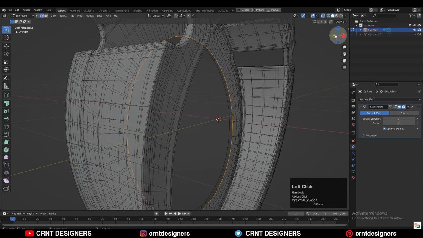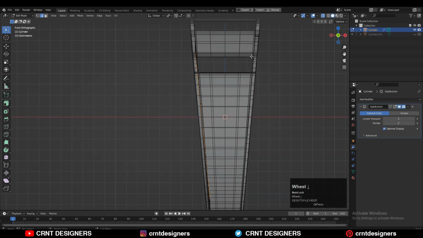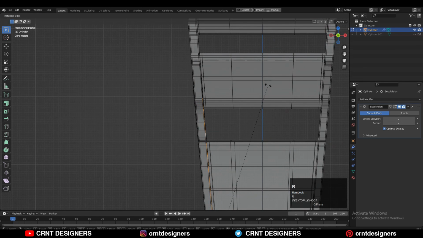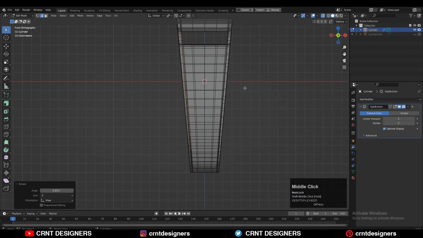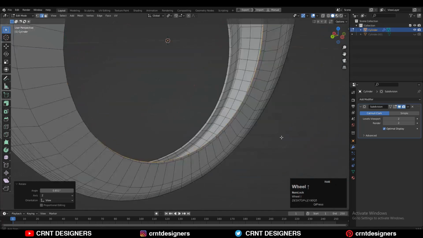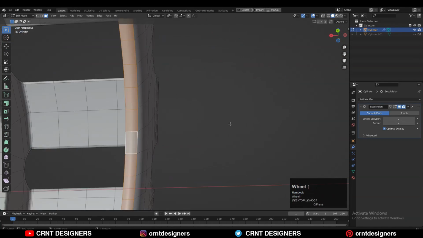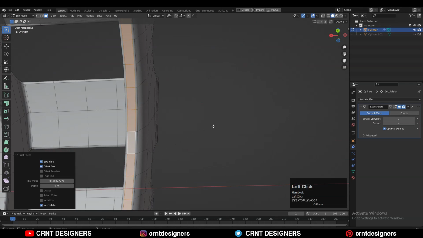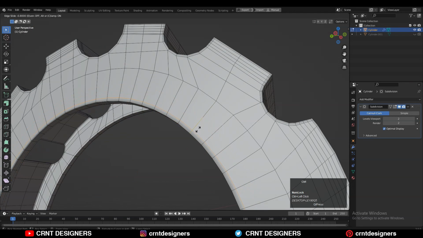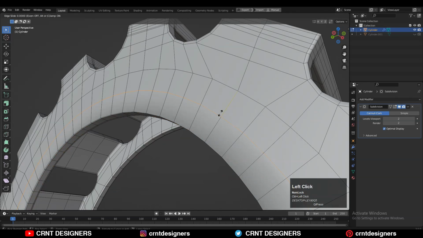In this way you can match it properly with that slant cut, and then you can select this edge loop and use the bridge edge loop there, and create new faces. And then you need to add a few more loop cuts. You can use the insert operation, and then add a few more loop cuts like this to maintain that form.